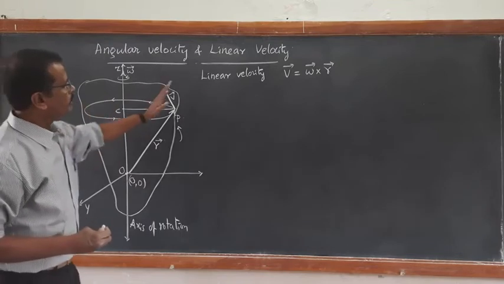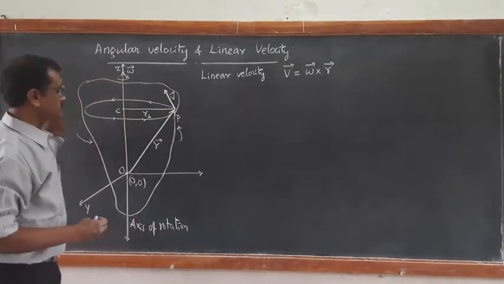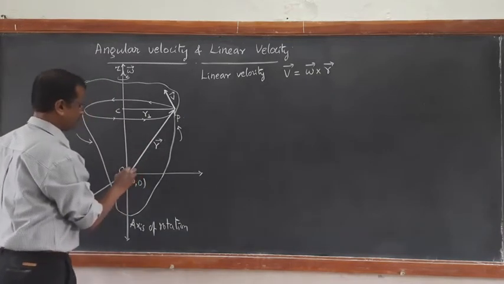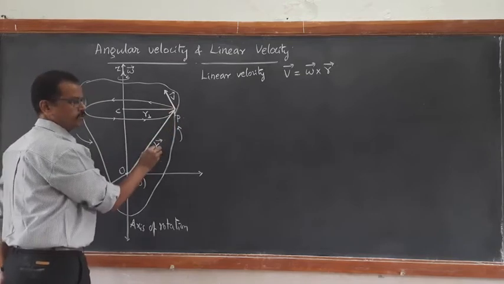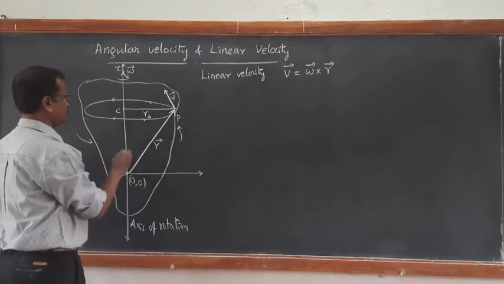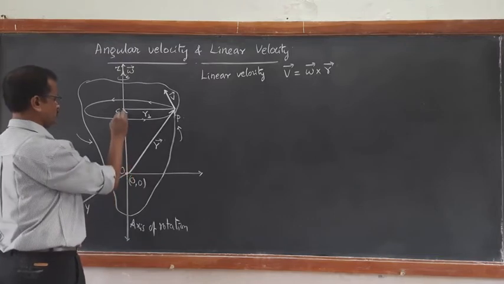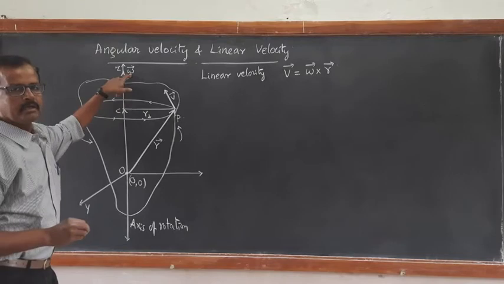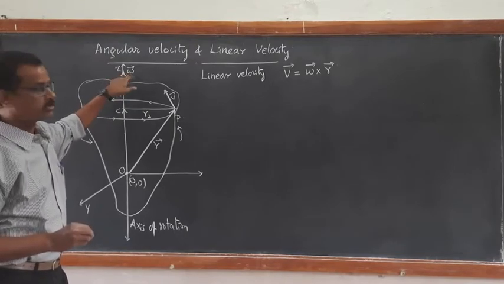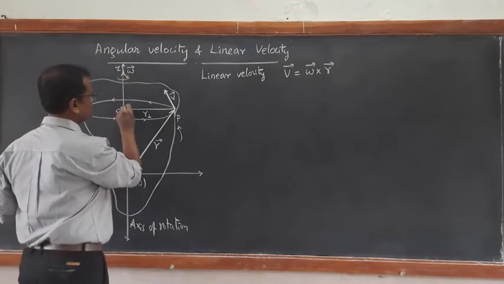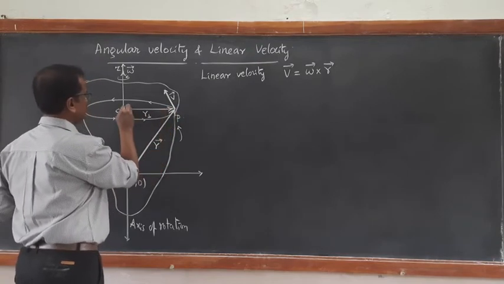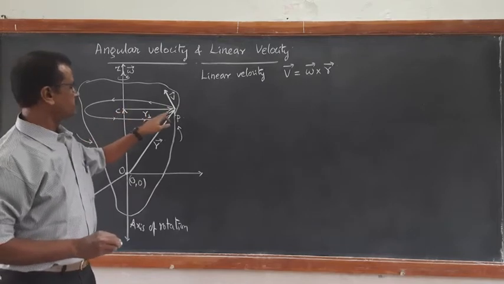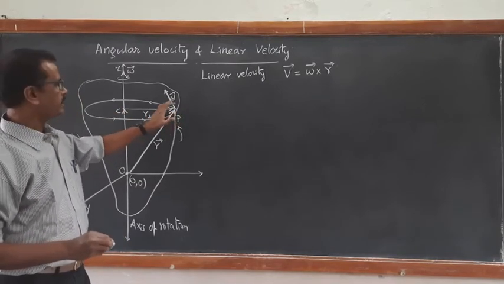Now what does it mean from the diagram? This is our reference diagram, giving us a vector diagram. OP is the position vector. OC is a vector along the z axis, which is along the direction of angular velocity. Another vector is CP, the radius vector, which is drawn from the center C to the particle P at any time t.